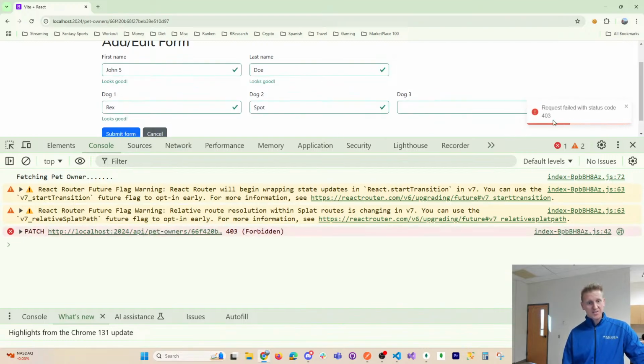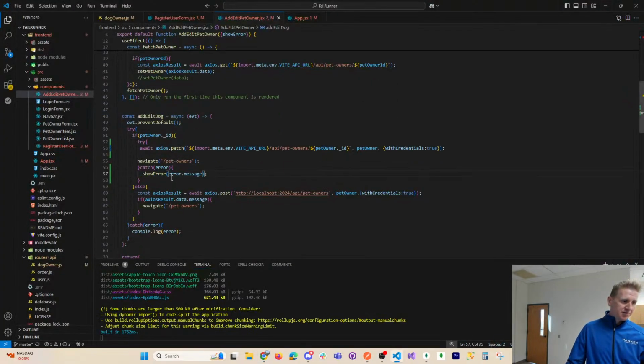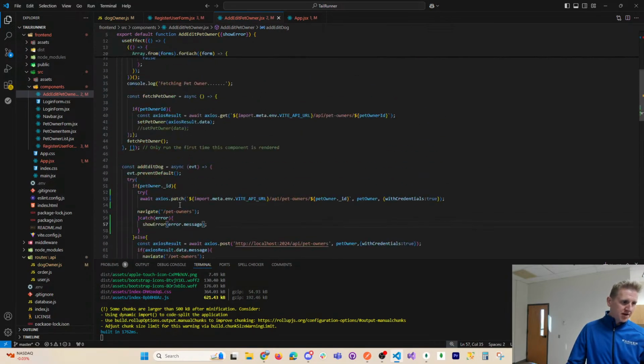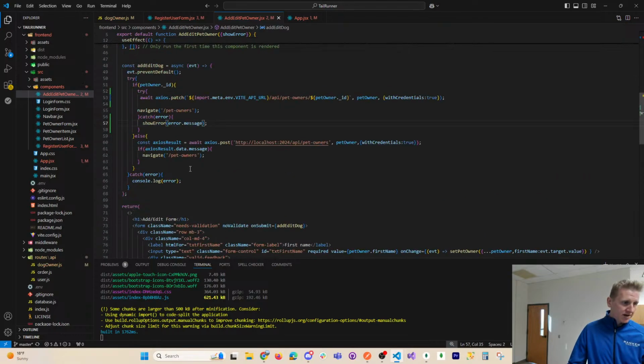Request failed with status code 403. Kind of achieve the result, which is get an error from the back end, give some sort of useful information. Now, what's a better solution? We're not going to give them that error code. We're going to give them something more useful that an end user would understand, which is